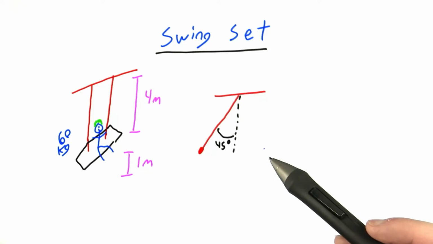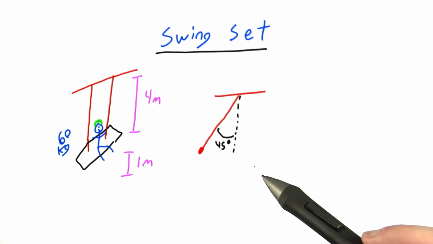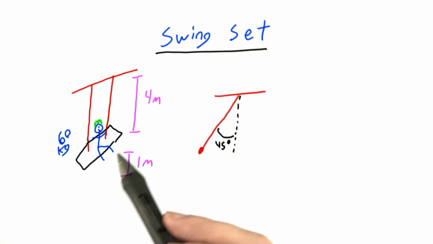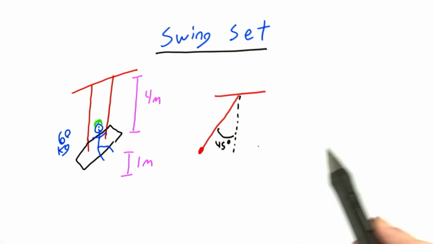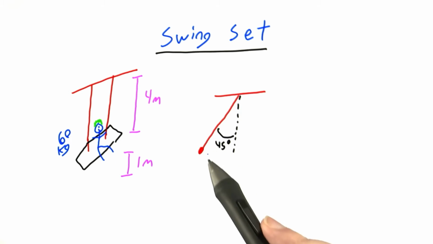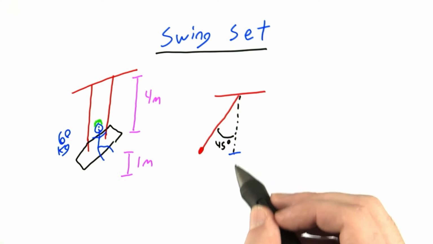So it turns out that this problem is actually remarkably similar to the skier problem we did in the previous problem set, and we're going to have to use a lot of geometry to help us get through this. So we're first going to try and solve for what your speed is when you just jumped off the swing, and to know that, we're going to have to know how much potential energy you started with. And to know how much potential energy you had, we're going to have to know what your height was above